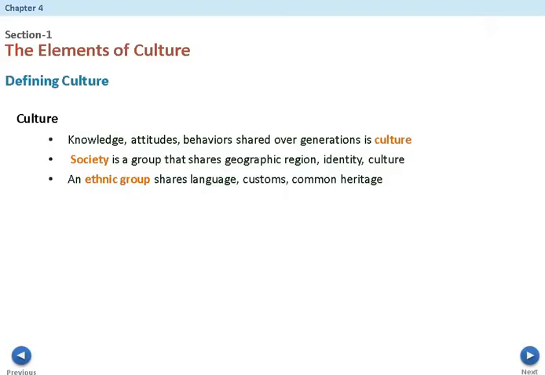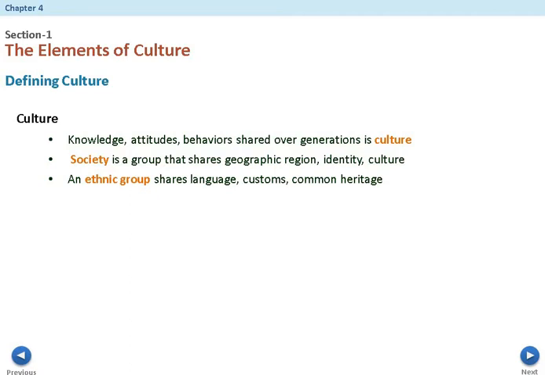So what we're going to look at today is culture, and culture is actually something in geography that we talk a lot about. We'll look at different cultures around the world, from South America to Europe to African culture, all the way into Southwest Asia's cultures. So what we're going to see is that the definition of culture is knowledge, attitudes, behaviors shared